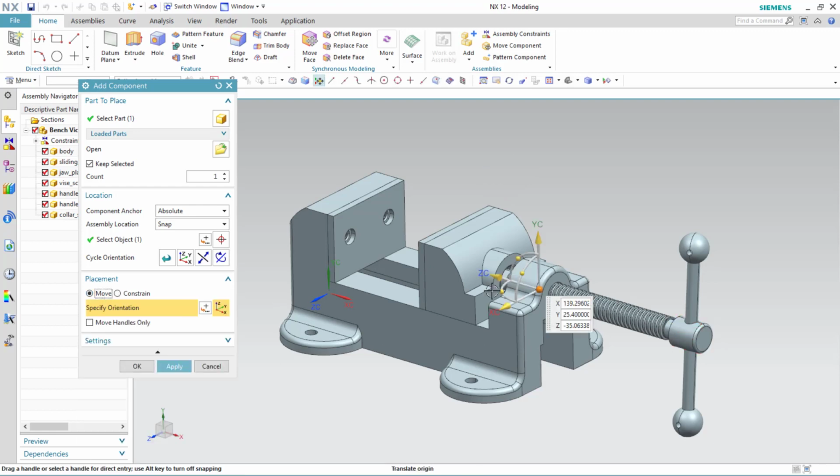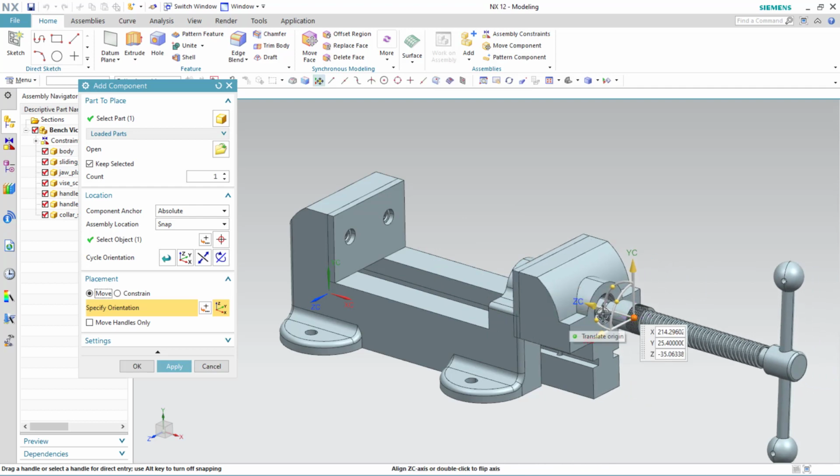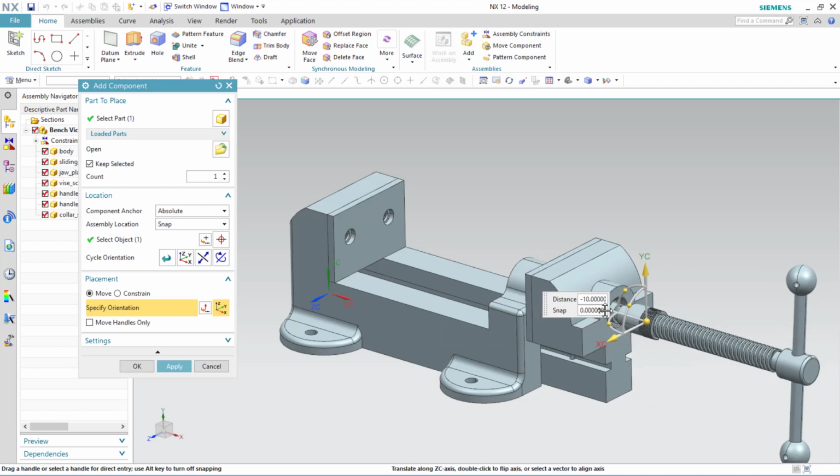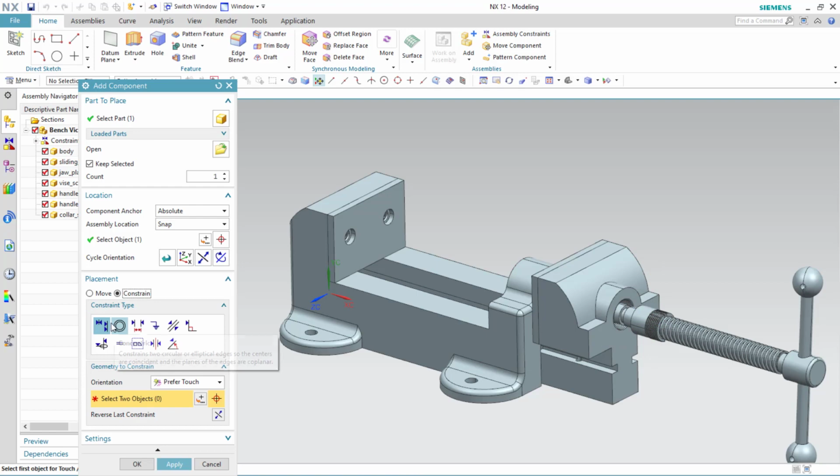I would like to move it. It is hidden somewhere inside. You could see everything is moving now. No issues. According to the mates we have assigned, that is the constraints we have assigned, it is moving. No issues. I'd like to add one more constraint, that is